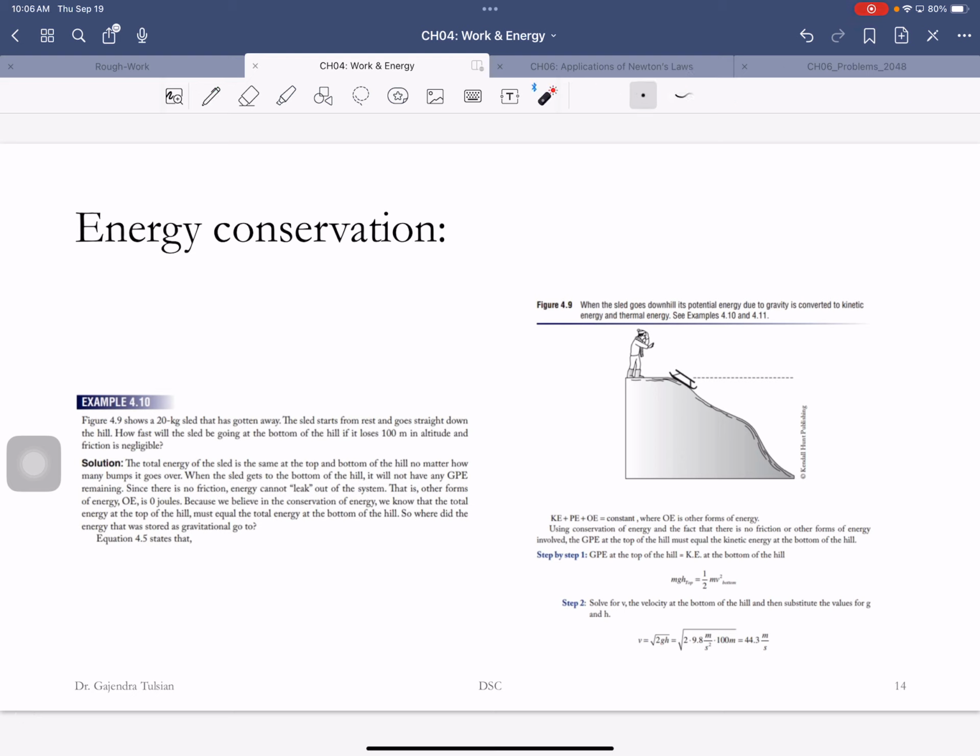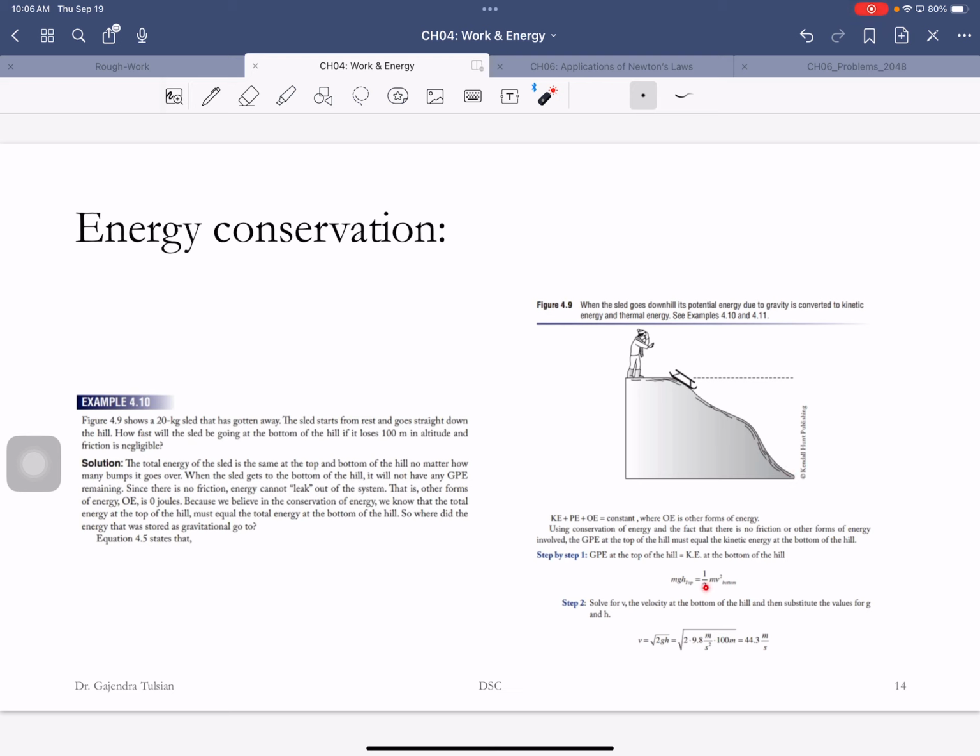All right, here's something that happens every day. You can convert potential energy to kinetic energy. You can slide down a mountain, and the potential energy gets converted to kinetic energy. If there's no friction, what friction does is convert mechanical energy to heat, which is hard to keep track of. So with no friction, how fast will you be going down that hill? You start off with potential energy at the top, which is mgh, where h is the height of the mountain, and at the bottom it all gets converted to kinetic energy.